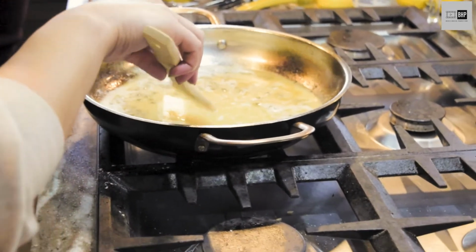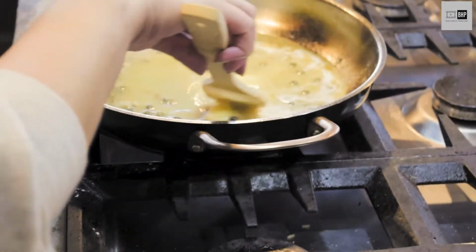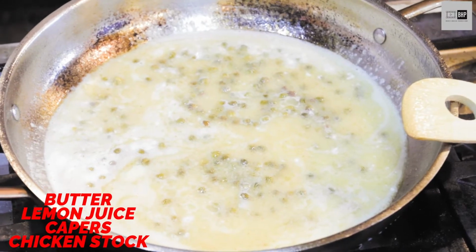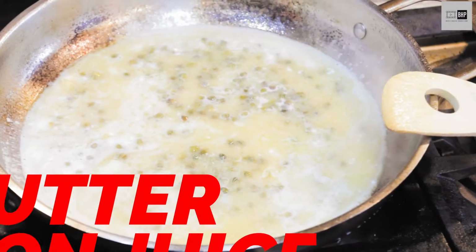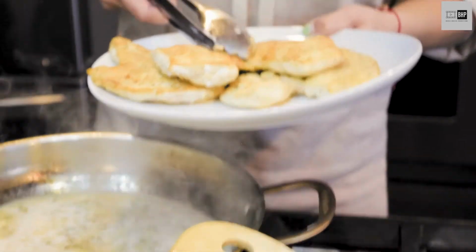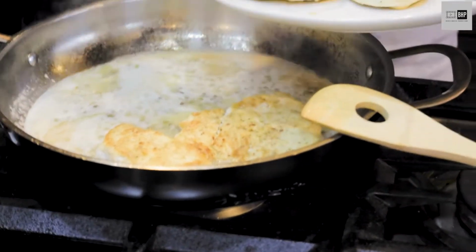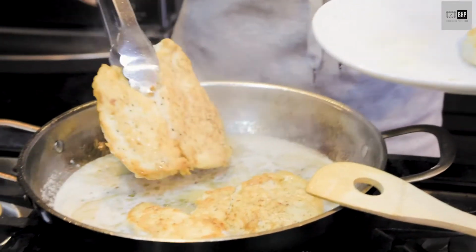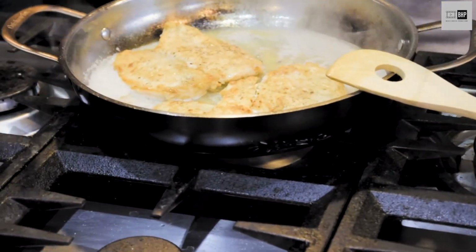We're not there yet. We're melting the butter. So once that melts, we're gonna put the chicken in. We're gonna put a top over it, okay? Yeah, because that's really all it has room for. Okay, so we're gonna put our